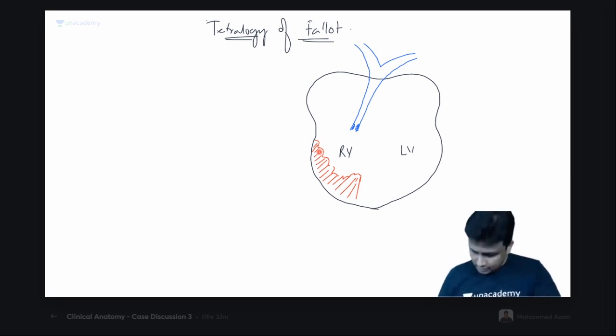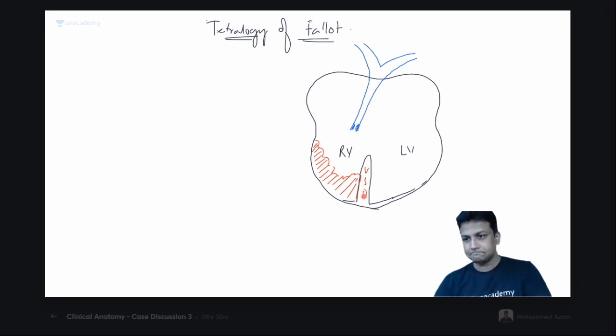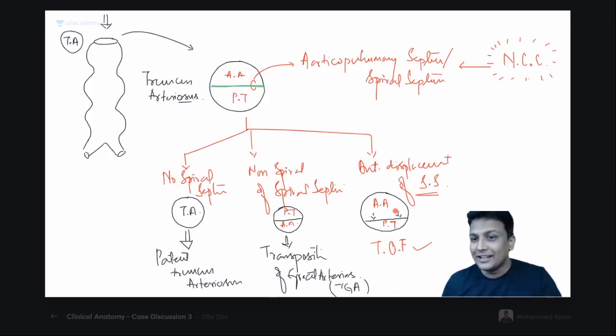Now, apart from this, what else are the important things? Just to complete this diagram, imagine this one is your interventricular septum, and this one is your left ventricle, as usual, normal. Is the interventricular septum formed normally here? No. So welcome to point number 3. There will be a ventricular septal defect, a VSD. Okay, fine. And after that, my dear friends, मैंने क्या कहा था आपको? What I told you in our anatomy part, there'll be anterior displacement of the spiral septum. Because of that, the ascending aorta lumen will become wider.